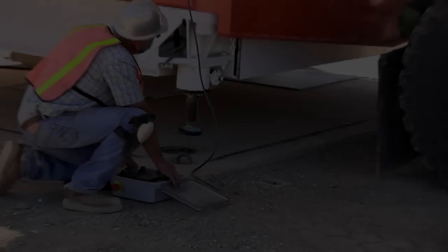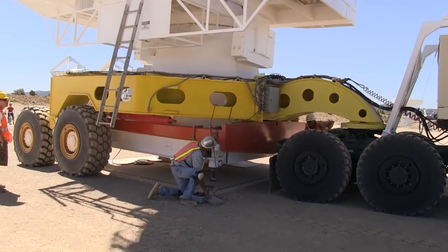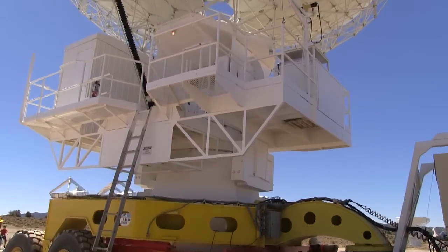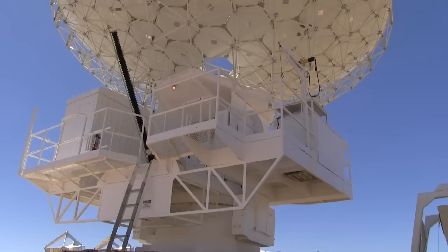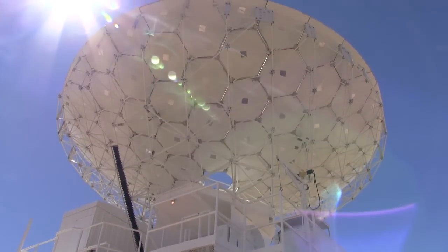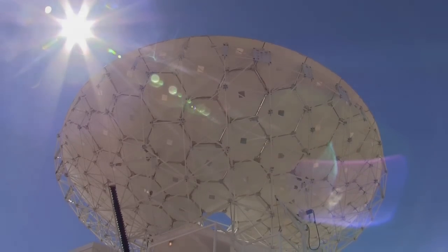We then have a small committee of scientists from external institutions that review these proposals and decide which one should be awarded time. And then depending on the science goals for the proposals that we've awarded, we'll either spend more time in a wider configuration, so we have higher resolution, or more time in a smaller configuration, because we're